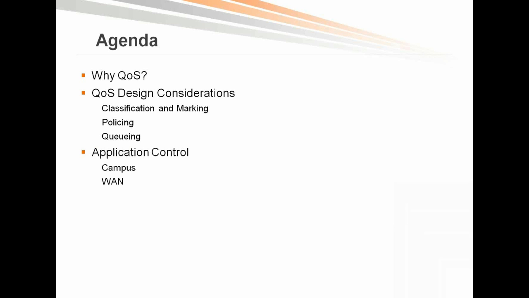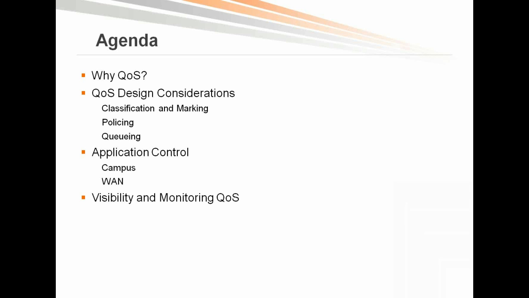Application control is a section where we'll actually look at a few CLI examples of quality of service. We won't go too deep because we do only have about an hour to do the presentation. But from the QoS standpoint, the campus CLI and the WAN CLI, we'll dive in, give some examples, and talk about NBAR classification properties, policing, and the overall queuing mechanisms that we have. And then finally,